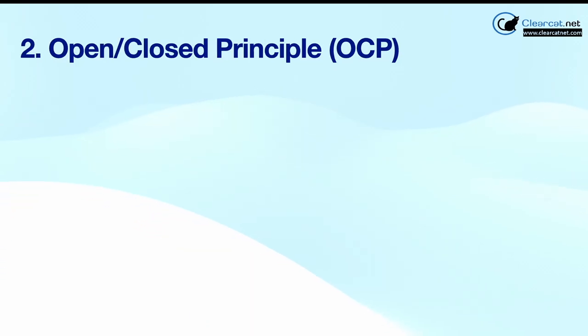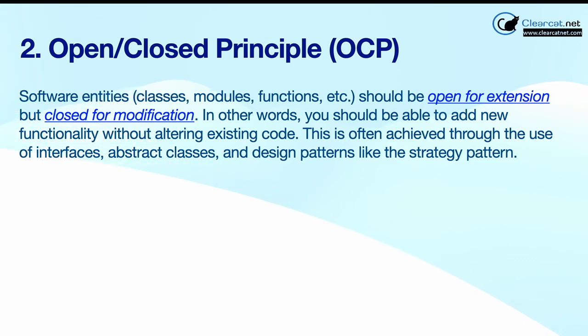The next one is the open closed principle, OCP. What is its definition? Software entities, classes, modules, functions should be open for extension but closed for modification. I hope you all know extension methods. What are extension methods? They are methods which we add to our existing classes. In other words, you should be able to add new functionality without altering existing code. When we use extension methods, we create new classes, and then we inherit that class in our application, and then we use the new module or new functionality with the help of existing classes. This is often achieved through the use of interfaces, abstract classes and